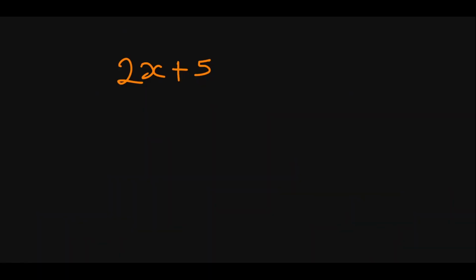If you are asked to find the value of x in this expression 2x plus 5, the answer is simple. You cannot, because x has no direction. If you now include equal to say 13, then it becomes possible to find the value of x. Why is this so? It is so because x is like someone who has lost his way and comes to you for direction. If the person doesn't know where he's going to, how are you going to find exactly what direction to give? If there is no end point, then there is no process.